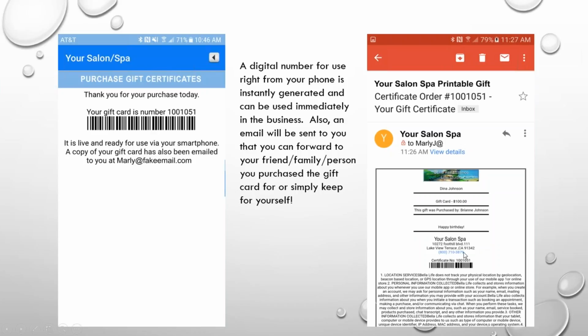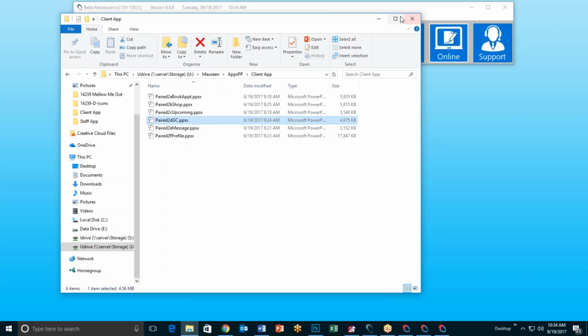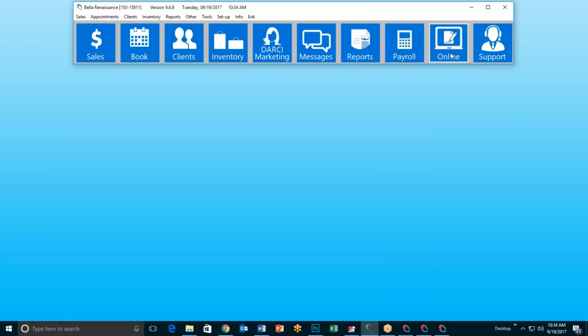So I could also forward this, of course, to my wife, my friend, my mother, whatever, or I can keep it for myself right on my phone. Either way is up to you. That's the way it works in the app. Now we're going to talk about